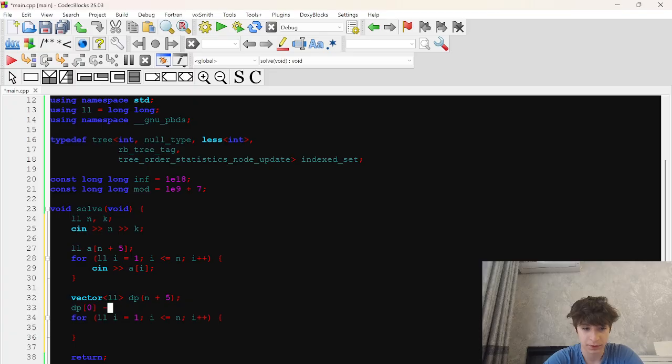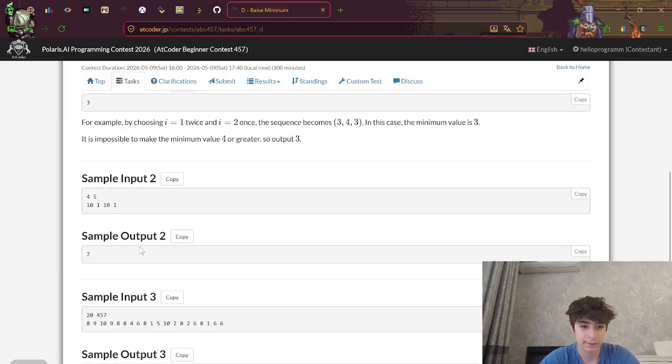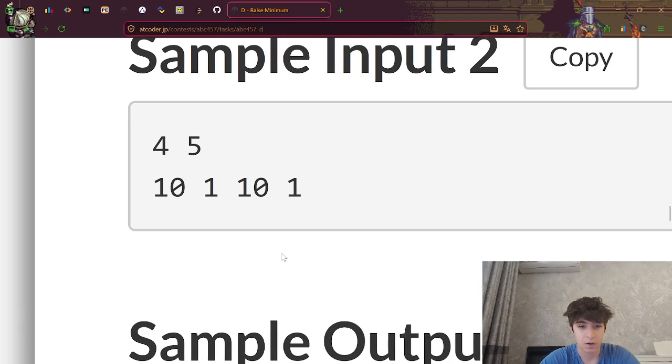dp[0] equals A[0]. What if I give the maximum there? All of them multiplied is going to be 11.